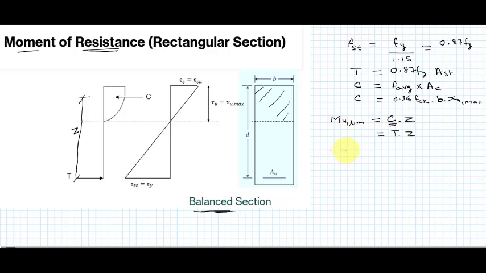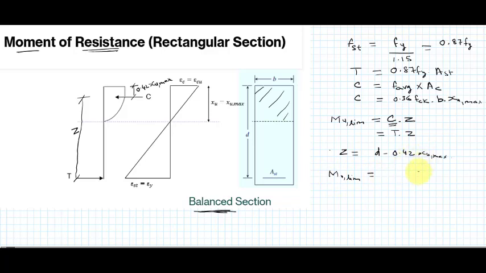So what is the lever arm? This Z. If you see from the stress block, I know this resultant compressive force acts at a distance of 0.42 times the neutral axis depth. Now the neutral axis depth here is xu max, that is the limiting neutral axis depth. So from the diagram, Z will be d minus 0.42 xu max.